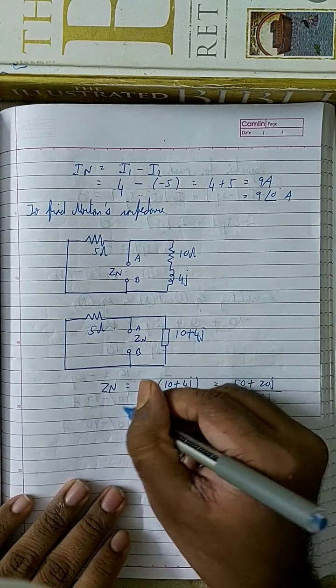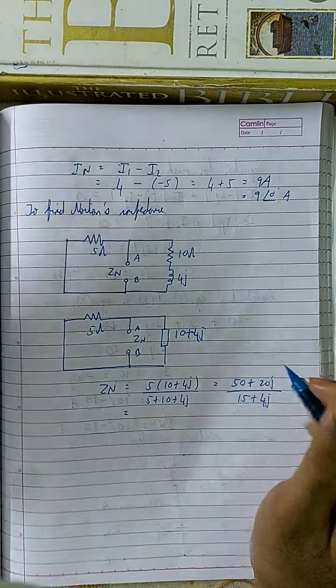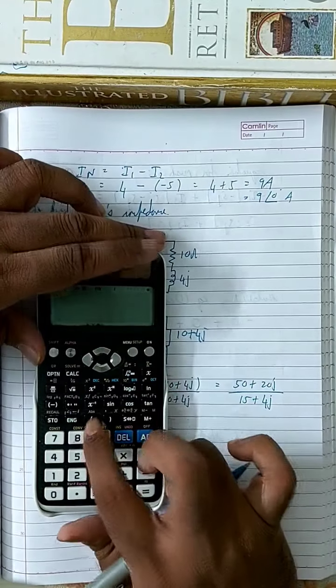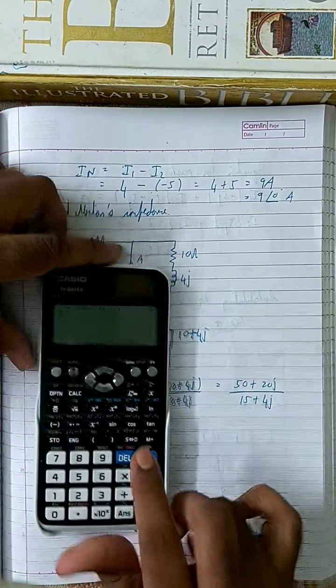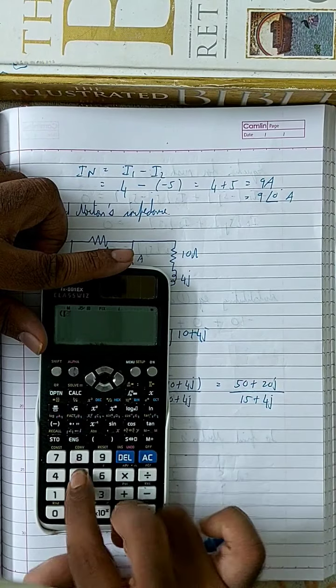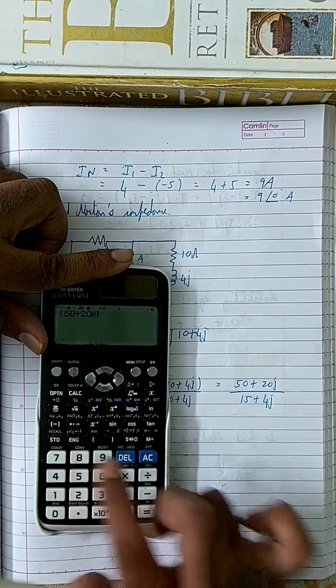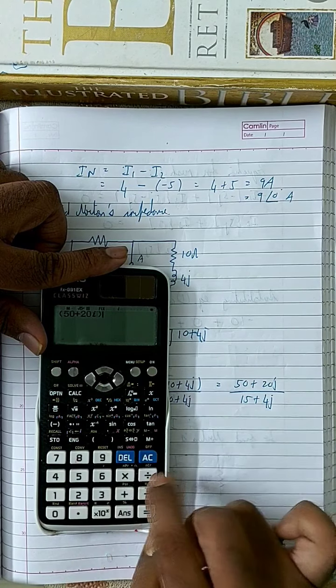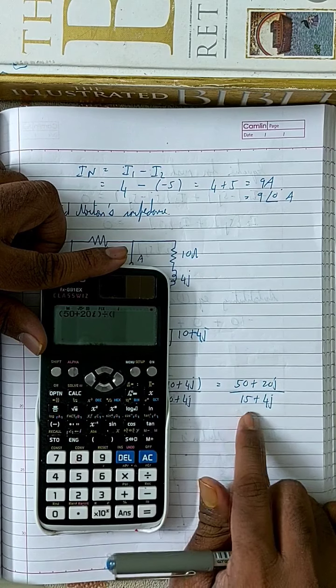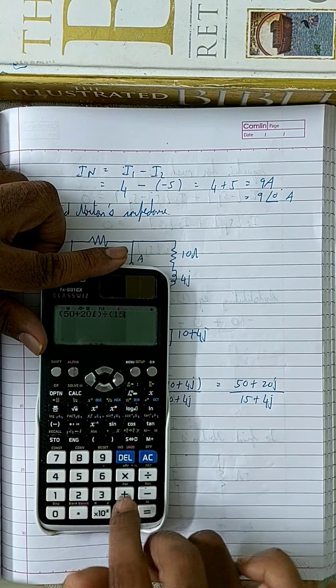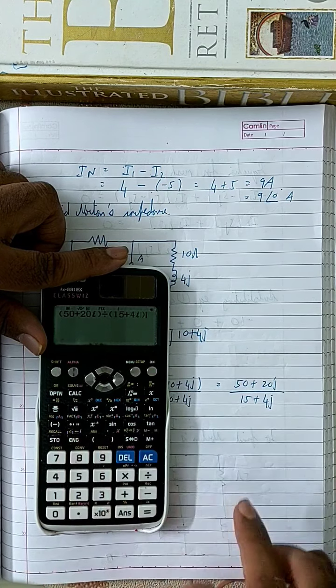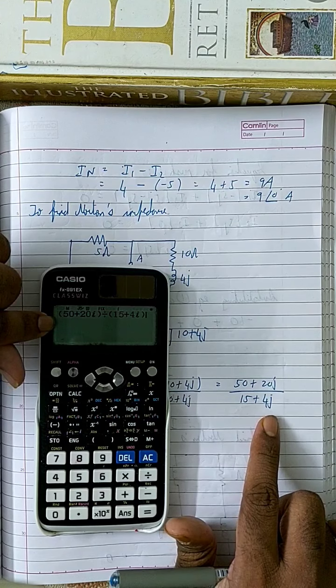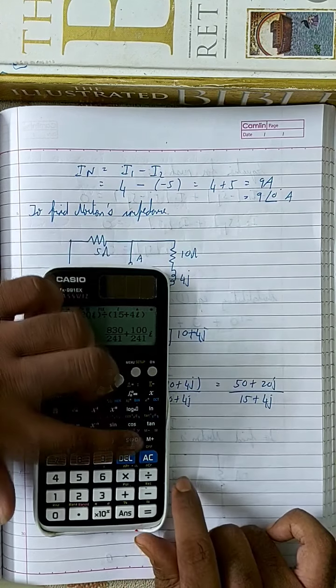Okay, so therefore Zn is equal to (50 plus 20j) divided by (15 plus 4j), and you will get the answer as